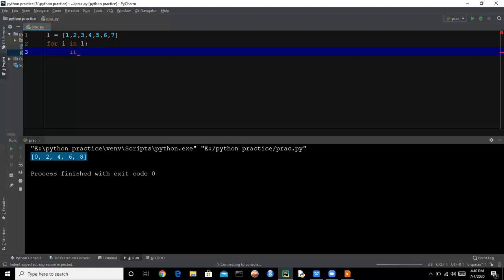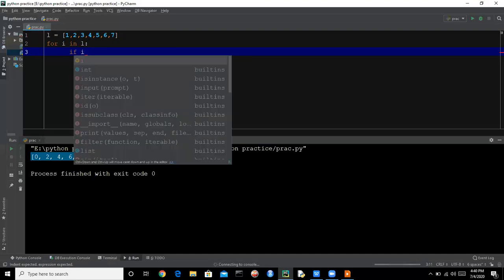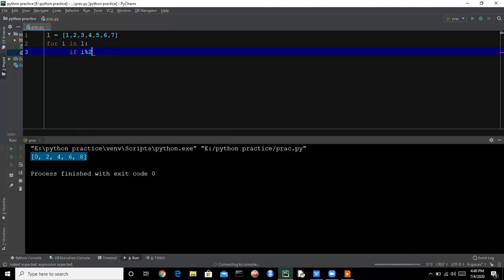So let's do this. If i mod 2 is not equal to 0, so we are finding odd numbers. Then we will create an empty dictionary here.